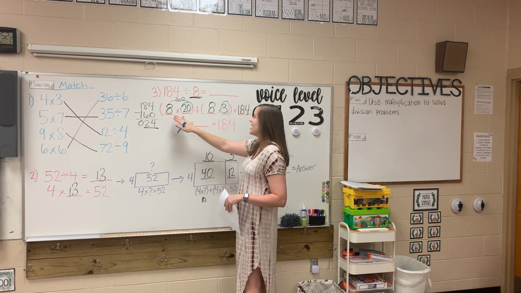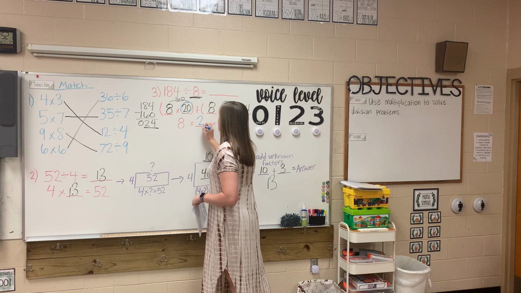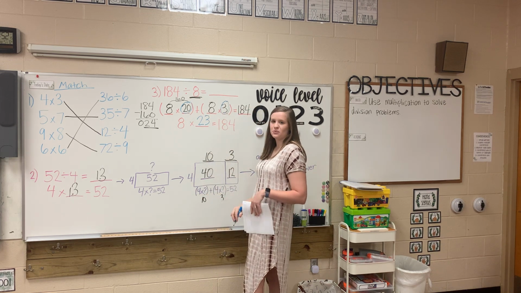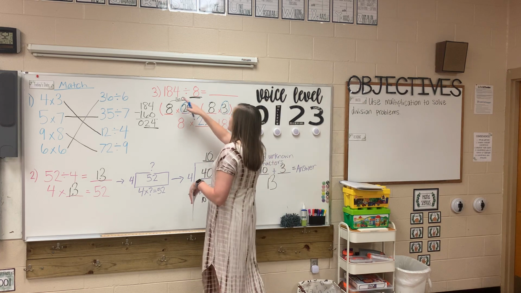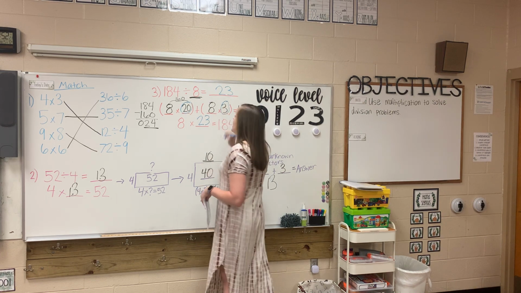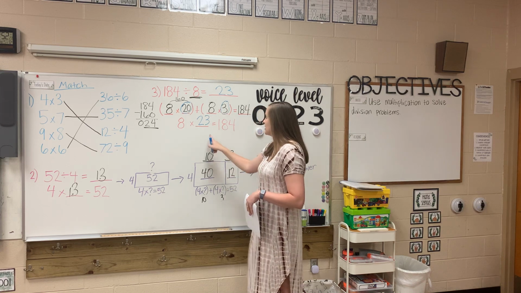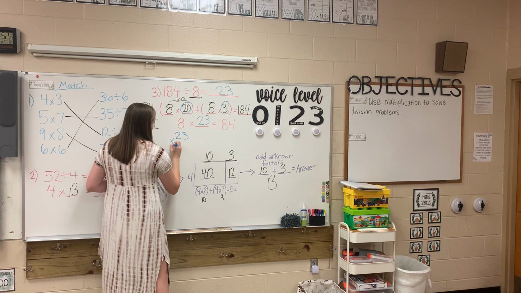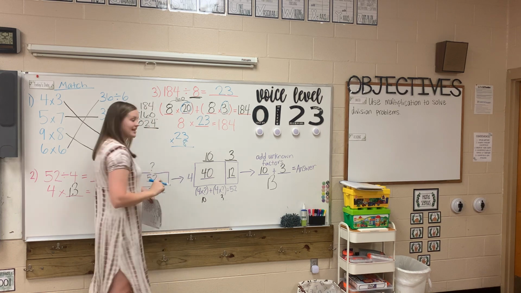So we have 8 times 23, because we're adding our unknowns, equals 184. So 184 divided by 8 equals 23. And if we want to check our answer, let's see. 23 times 8. 8 times 3 is